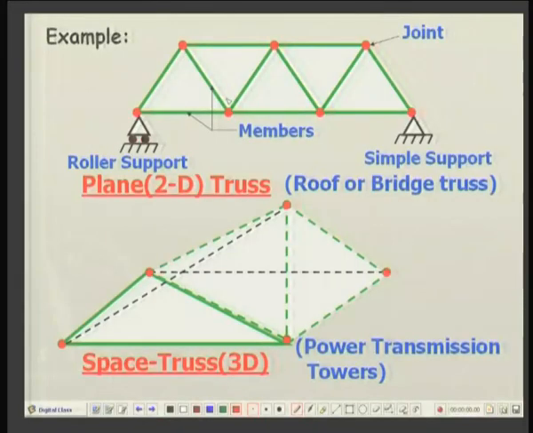For example, again going back to the example of the truss which I have shown for the 2-dimensional case, suppose there is an additional member here. Well, without this member also the truss was maintaining its integrity, that is, it does not collapse. So it means that by putting an additional member here or a member here, we are making the truss over rigid.